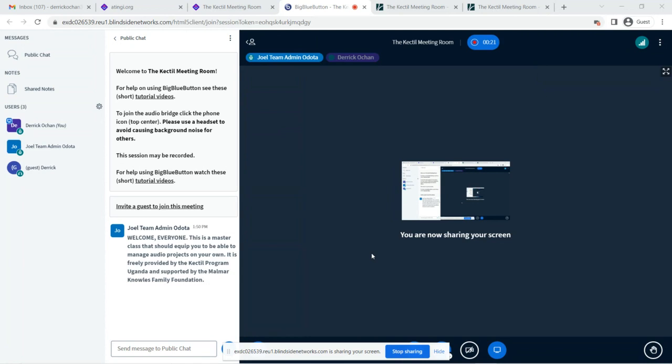It's today that we are going to have a training session on Audacity. Audacity is an open source software for audio editing, recording, and management. So if you're thinking of starting a podcast or making audio adverts or any sort of audio messages, or perhaps you want to do non-stop music, you want to merge audios, you want to remove background noise from your audio clips, you want to cut out some parts of your audio and then upload it somewhere, this is a good